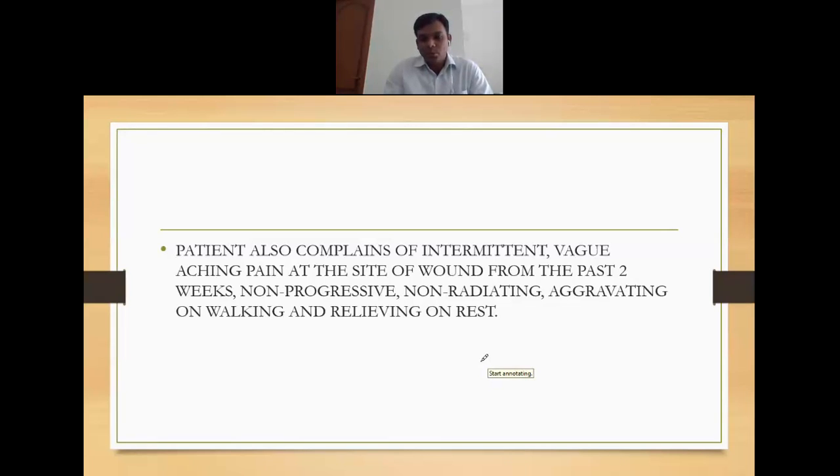Here you want to rule out some type of infection, whether the ulcer has got infected and started some inflammation around, which is called cellulitis. To rule that out, you have asked the history of pain. He has said yes, so that means there might be some ongoing inflammation. That's what you have to understand from that. Okay.